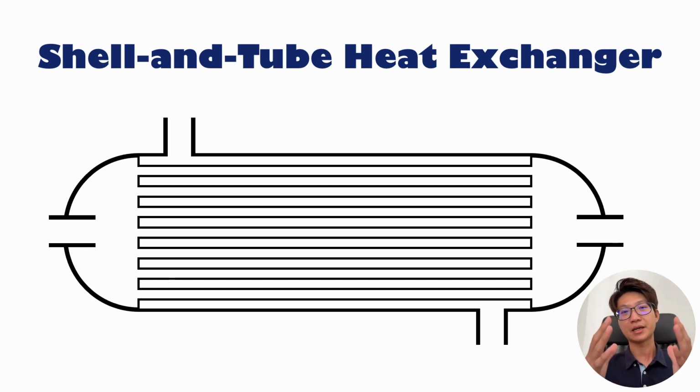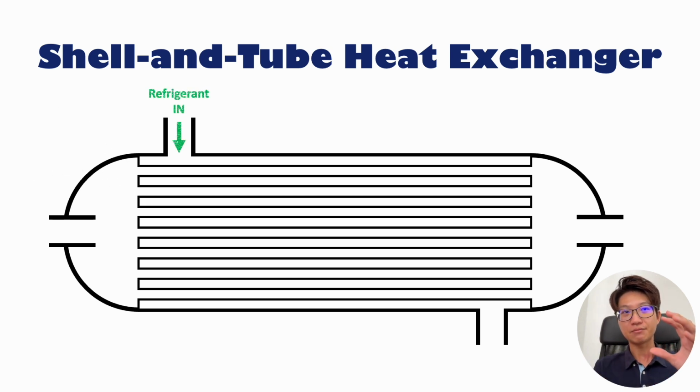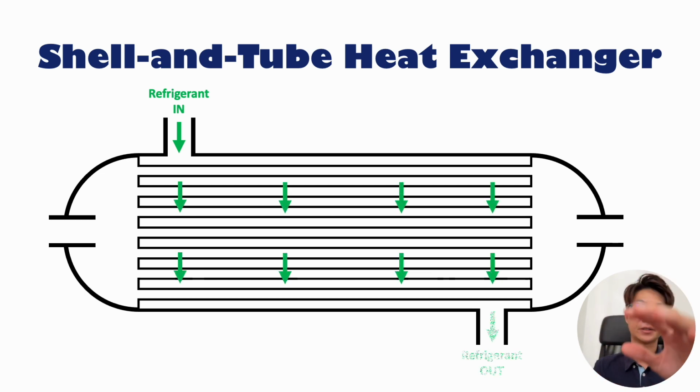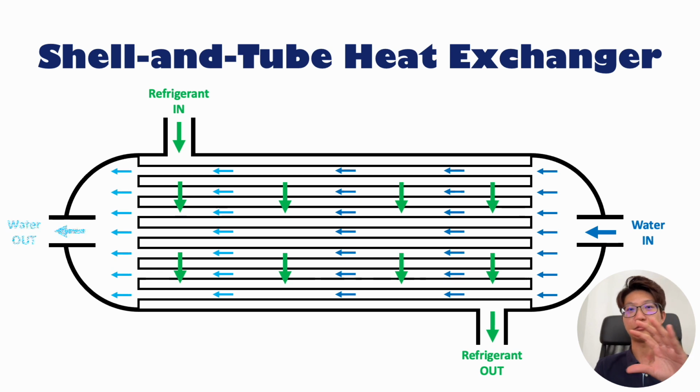So let's see how the names come from. The shell and tube heat exchanger is how the chiller transfers heat. So we have a shell and also tubes. Inside there are a lot of different small tubes. Then the refrigerant comes inside the shell first. They go inside the shell and fill up the shell, then they come out. In between there are a lot of tubes. So the water will come in the tube, then make a heat exchange with this refrigerant, then come out as